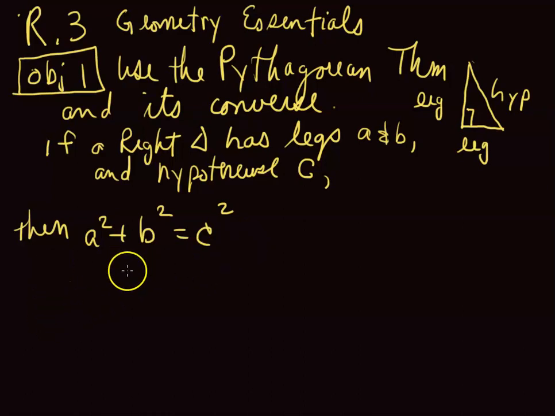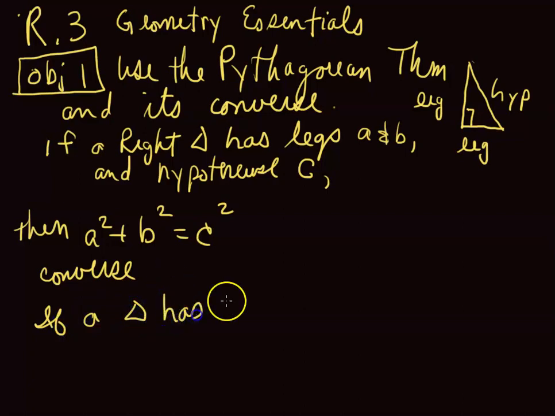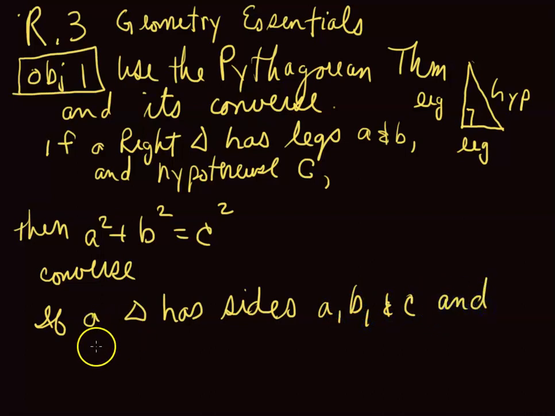So what is the converse of this? Well, a converse is when you switch the order. Instead, you put the if for the then and the then for the if. You have to say, if you've got a triangle, if a triangle has sides a, b, and c, and those sides have the relationship a squared plus b squared equals c squared, so now that's where we start with the then part here,